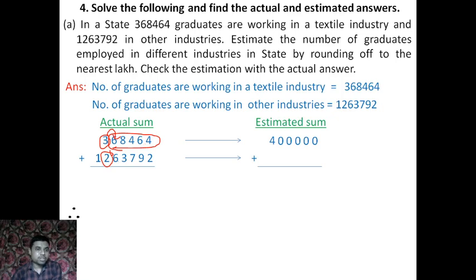Next, here it is 2. We will round 2. Which digit is just to the right of 2? It is 6, and 6 is more than 5. So when it is more than 5, this 2 becomes plus 1. That means 13. And how many digits are to the right of the rounding digit? Five. So five zeros. Is it clear, my dear students?